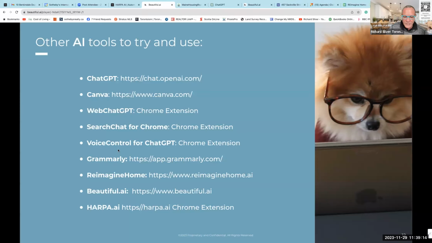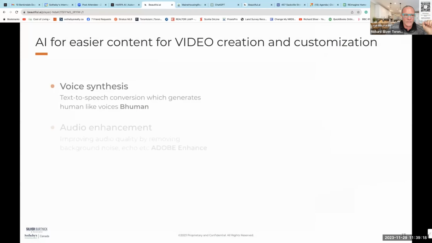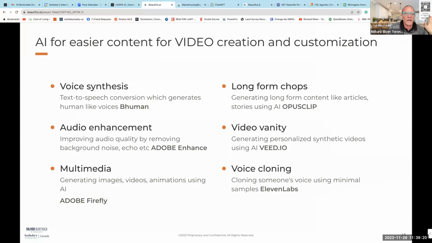So Reimagine Home, Beautiful.ai, and Harpa. Now remember, you're getting all of these screens. So let's talk about video though. So you can do voice synthesis, text-to-speech conversion, which creates voices like yours, if you want, with Be Human, it's